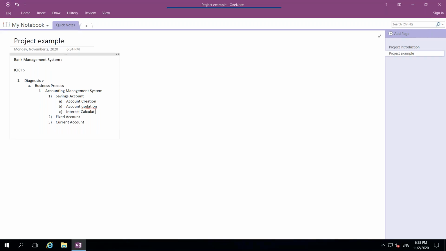interest calculation, and what else do you have? What else? Yeah, nominee. Okay, nominee. What else? Like this, he will let you know there are multiple things in the savings account. So once you get this information,